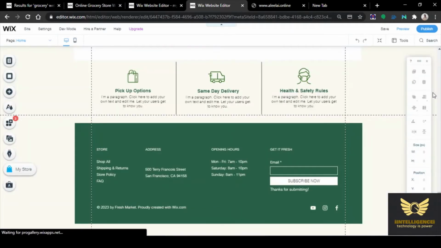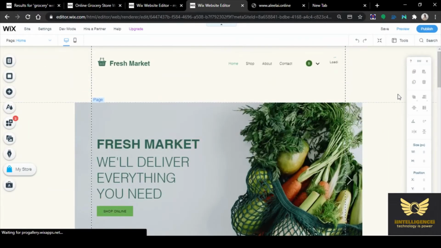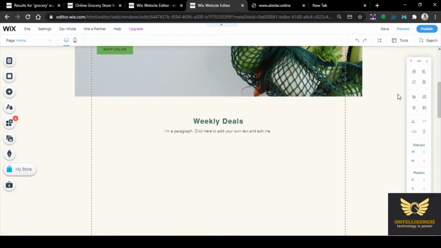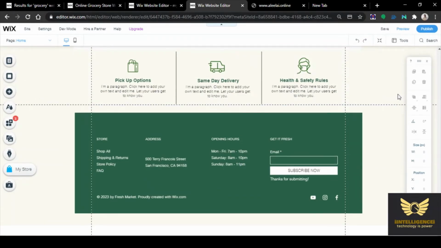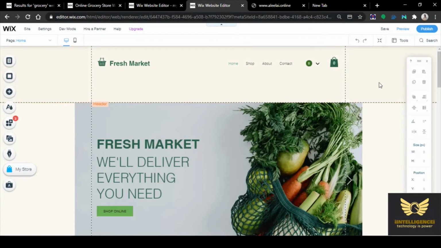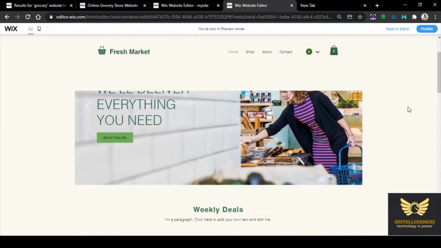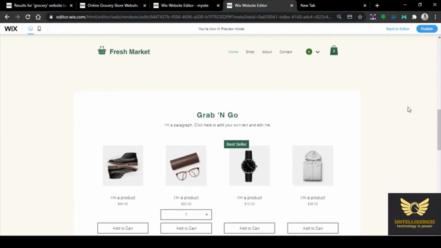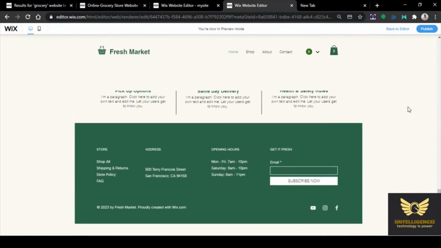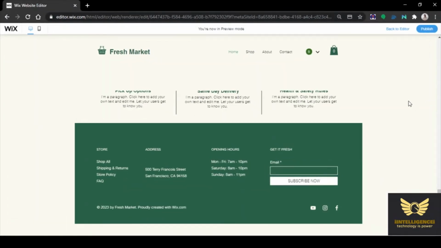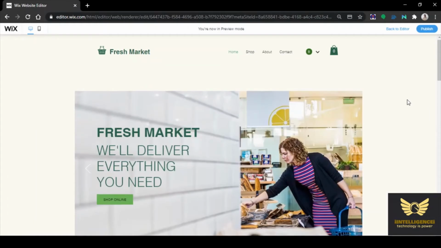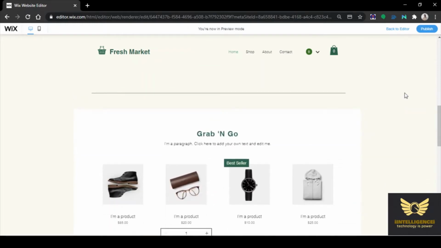So let us change to desktop site. So this is a desktop site. Now we are seeing it in the preview mode.